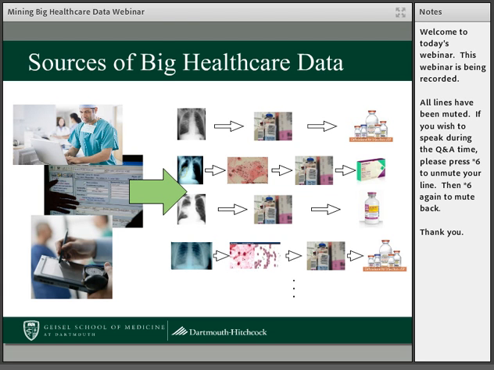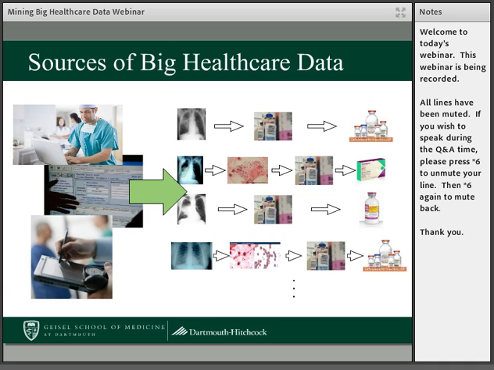Here we're seeing, for example, patients who've come in, had a chest x-ray that suggests pneumonia, and then a variety of treatment pathways that are emerging because of that, either getting antibiotics, getting further diagnostic tests, and so forth. And there's a lot of variability, as many of you know, in how patients go through the healthcare system, even with the same diagnosis. So we're seeing a lot of this information being collected in electronic health record systems.